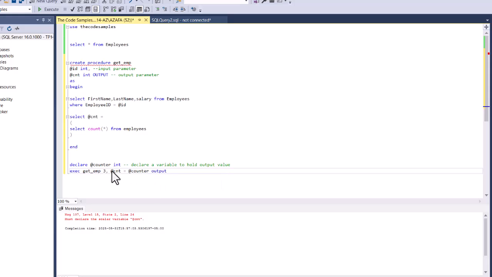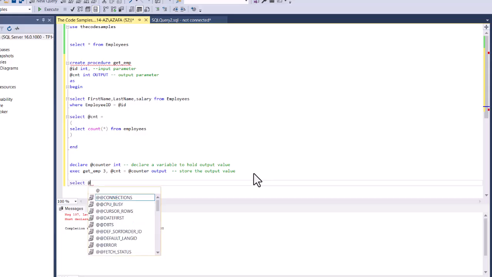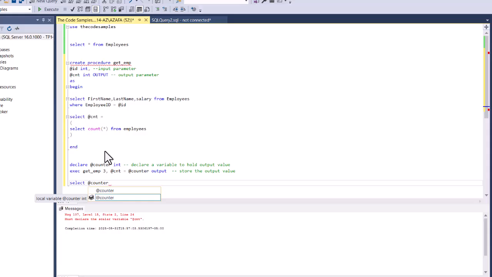So this count, that is the output parameter, is being passed to this variable that I just declared. This is the syntax for it, so it's not that straightforward. So here is where I store the output value. And finally, I can just select it. I can print it or just select it. So I'm going to say select my variable that I just declared here. So now if I execute it,